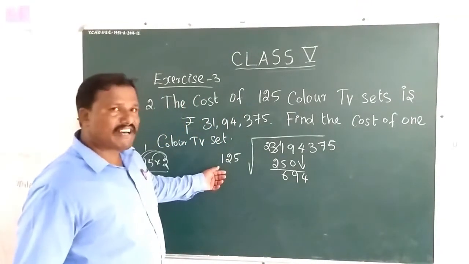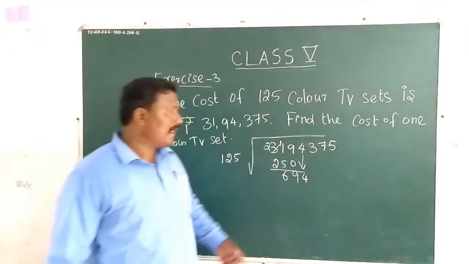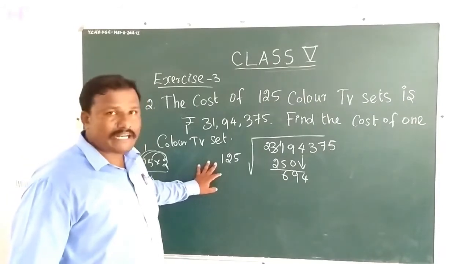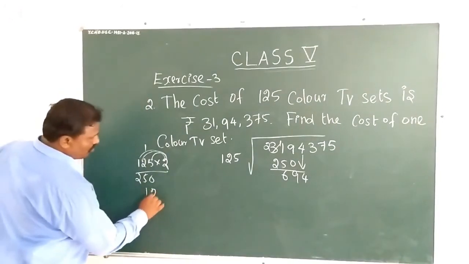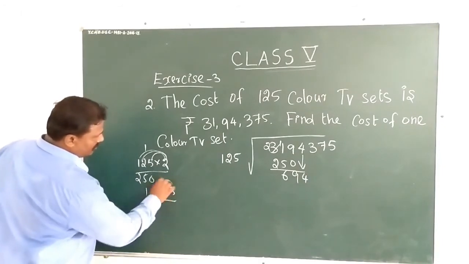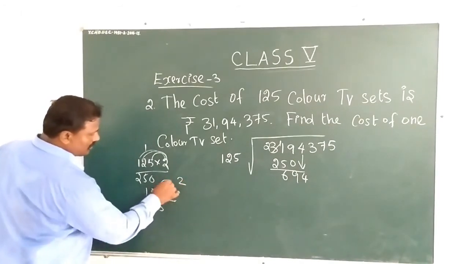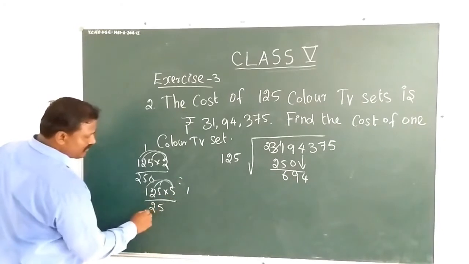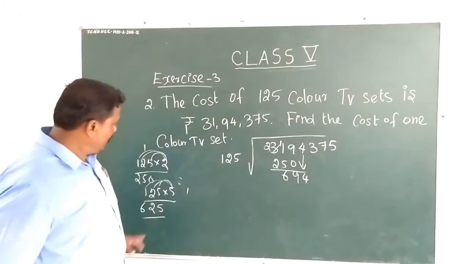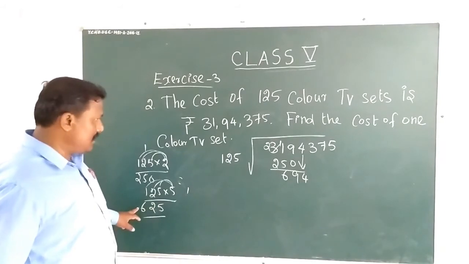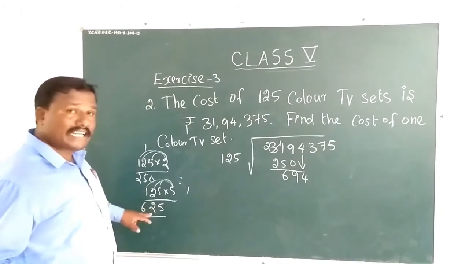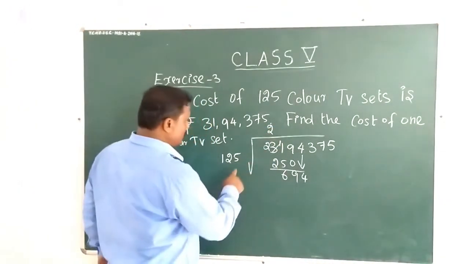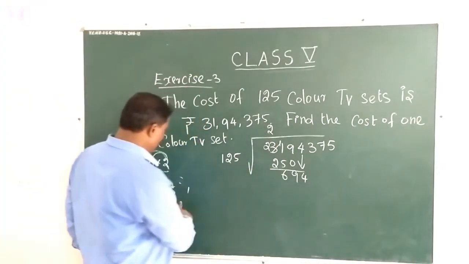So how many 125s are there in 694? Approximately I will try 5 times. Yes, 5 times I will multiply. 125 into 5. 5 5s are 25, remainder 2. 5 2s are 10, plus 2 is 12, remainder 1. 5 1s are 5, 5 plus 1 is 6. 625. If you multiply 6 times, it will go to 700. So I will take 5 times only. So 5 125s are, sorry, I forgot to put 2. So 2 125s is equal to 250. Okay. So now 5 times.